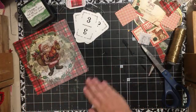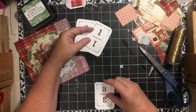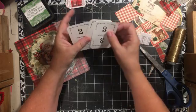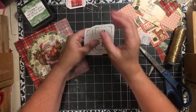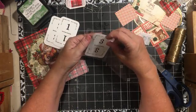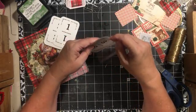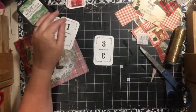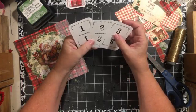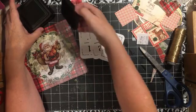So I just thought we'd play with these Flinch cards. They're kind of fun. These ones, the digital came out to 2 1/4 by 3 3/8. So these will fit into a pocket letter. So this is a digital kit that I'm working on. I've got some antique receipts and things, and so this is going to be part of that digital kit. Like I said, this one, I copied black and white, so they're kind of stark white. So I think the first thing I'm going to do is go ahead and